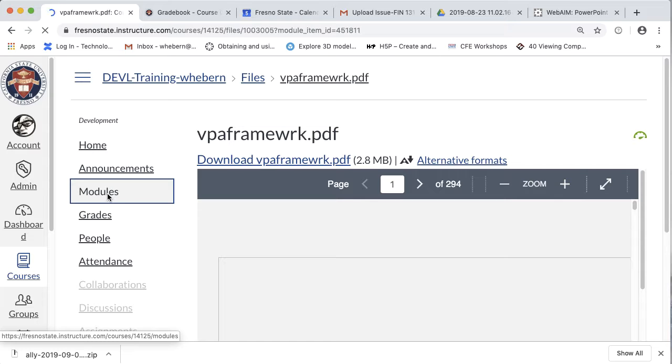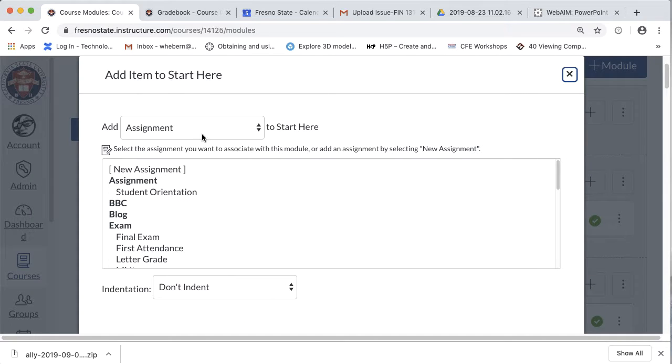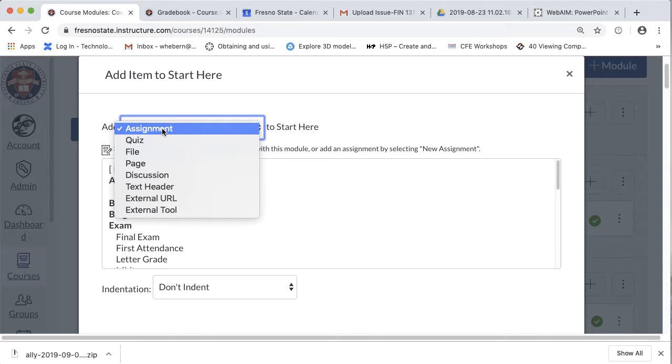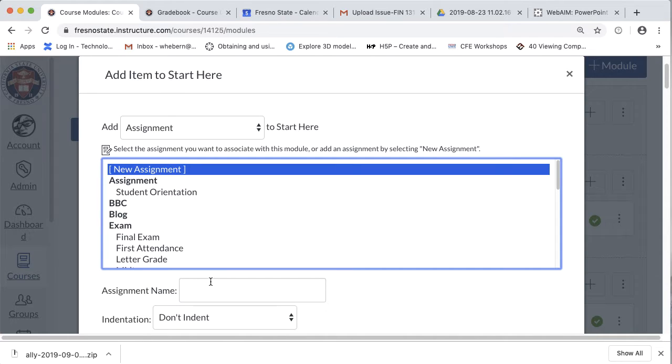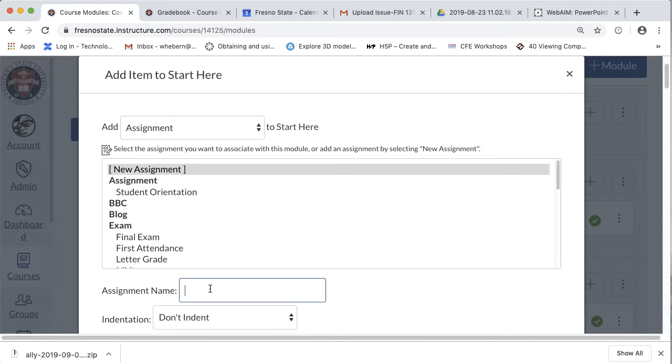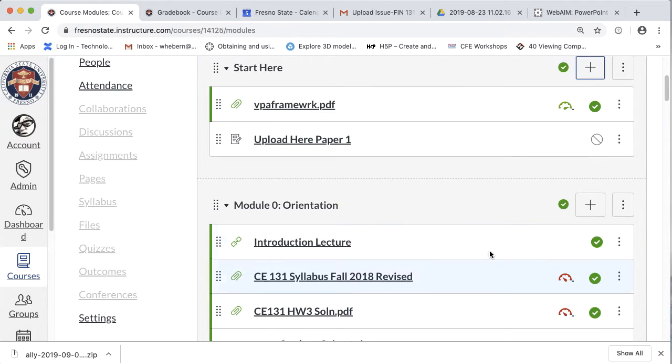If you want to create an assignment where the students can upload a PDF, go to the plus. This time choose Assignment. If you haven't created the assignment, choose New Assignment. Give it a name. And add item. Now go into this assignment